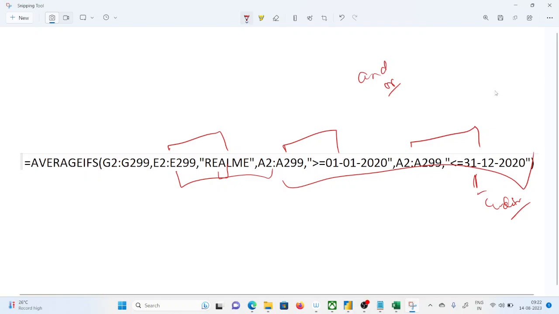And operator. It is joined by AND operator. So what is your requirement? Your product has to be Realme. Okay, and this is the first criteria. Product Realme is needed, and your date has to be greater than this, and your date has to be